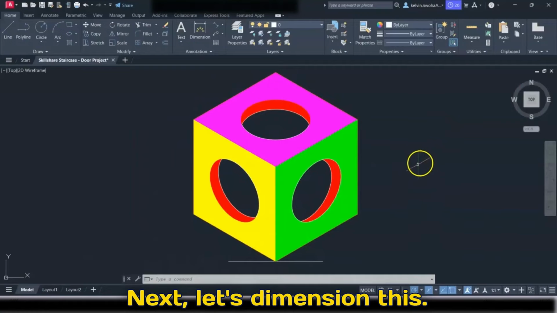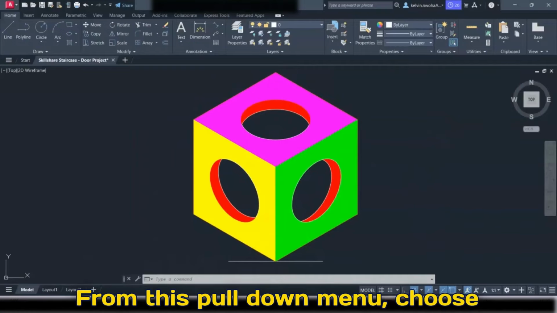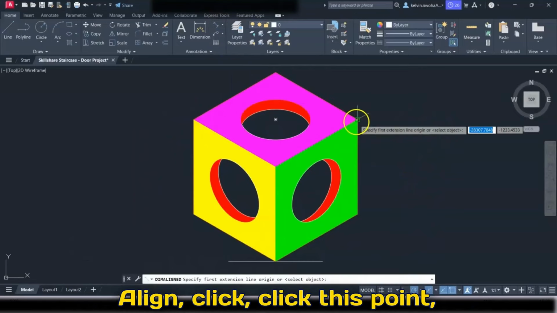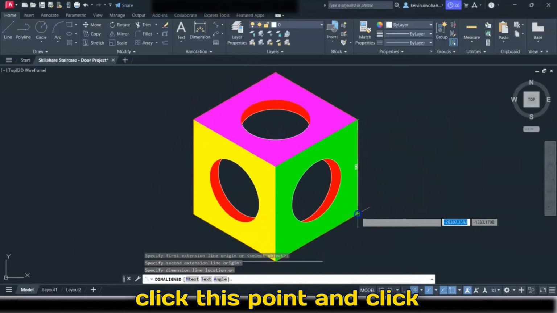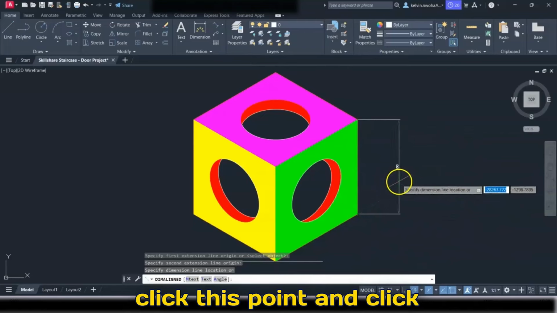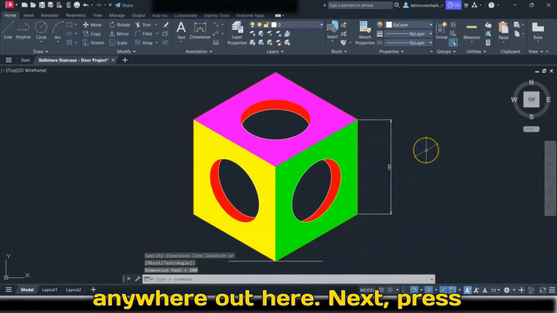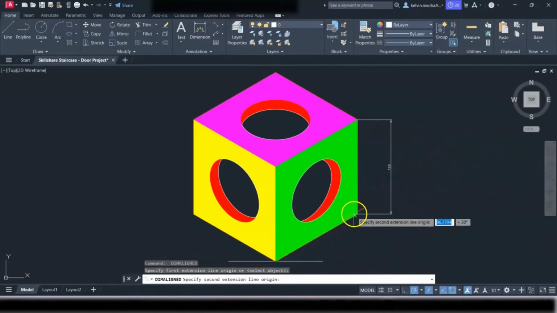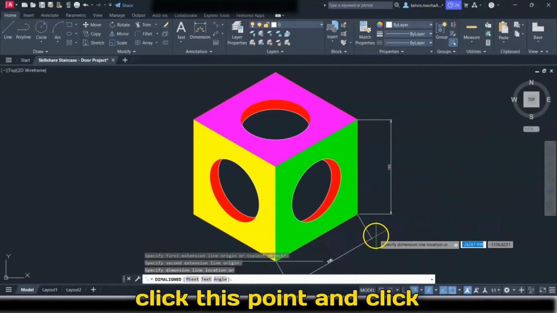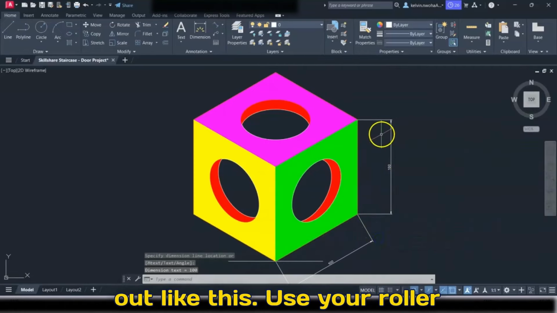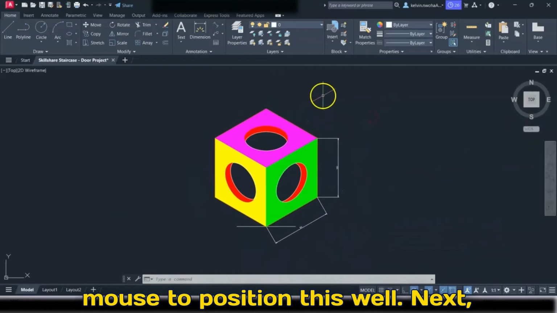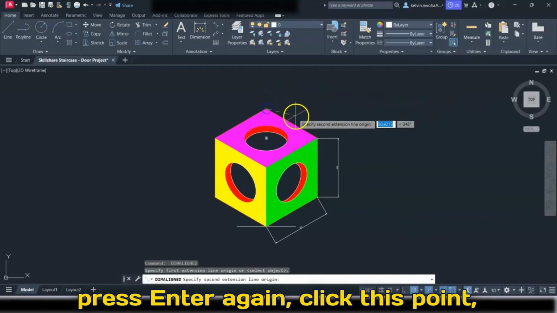Next, let's dimension this. From this pull down menu, choose align. Click. Click this point. Click this point and click anywhere out here. Next, press enter again. Click this point. Click this point and click out like this. Use your roller mouse to position this well. Next, press enter again. Click this point